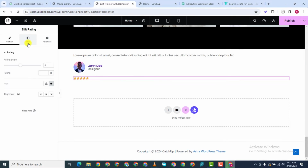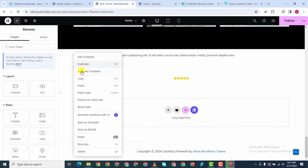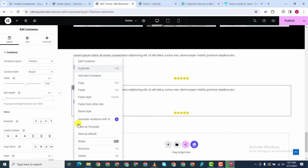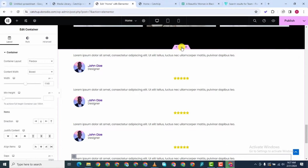For this, I want to align it center. Then I'm going to make the color more yellowish. That is that. Then I want to go ahead and duplicate this, duplicate and duplicate. There should be 4 of these. What I'm going to go ahead and do now is that